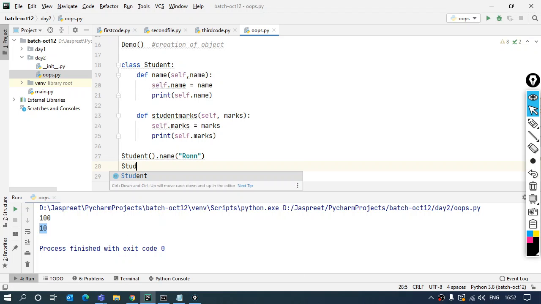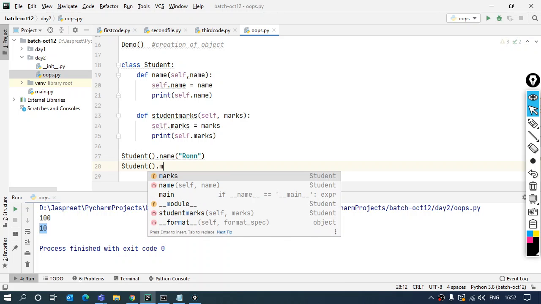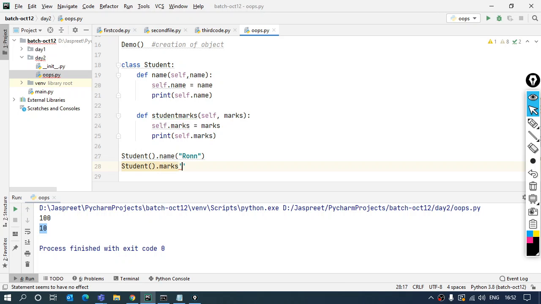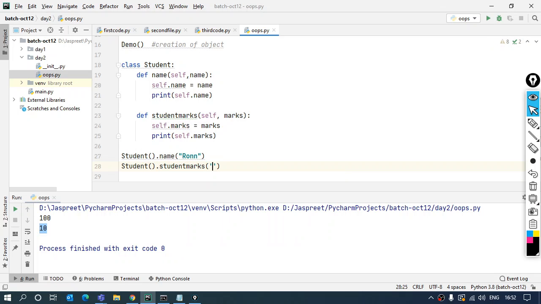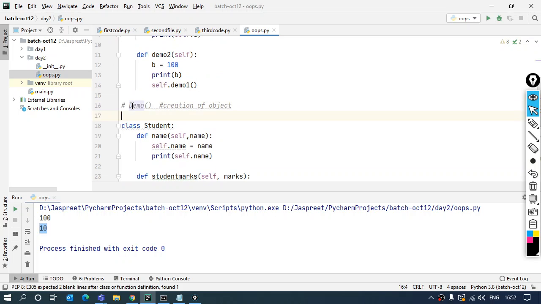So I'll say student, this object created, marks, and whatever marks I want to send, I'll send. Let's say 90. Now it's going to work fine. There is no issue that's going to come up over here.